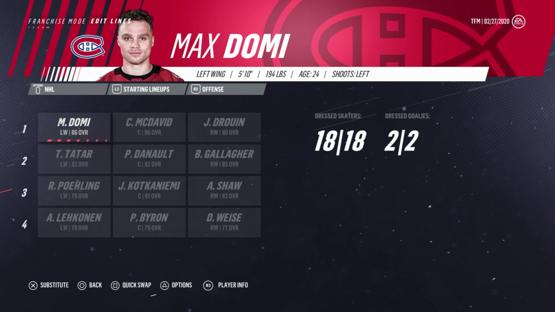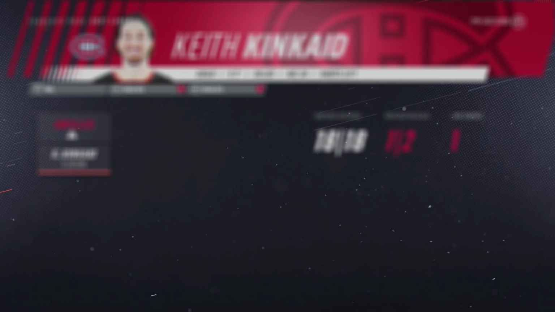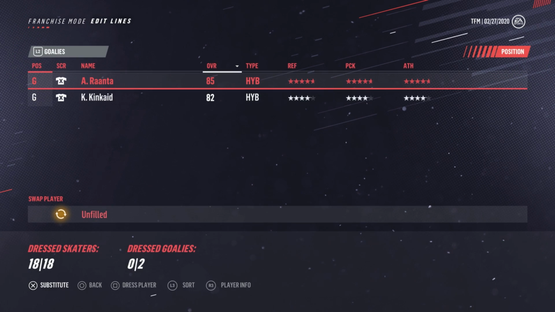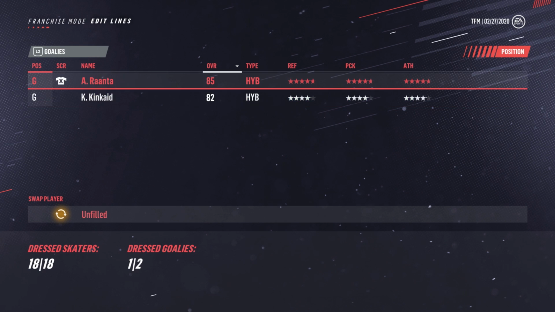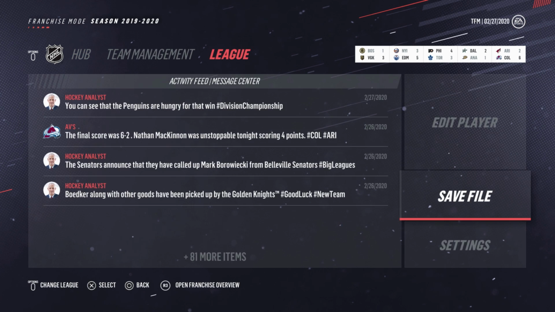Alright, what I was going to do was scratch him and scratch Kincaid. I don't know if this will do what I want it to do, though. What I wanted to do was, I don't want Kincaid to be starting every game, because then he'll probably get tired. I don't know if that's a thing, but I don't really want to try it, but I wanted Kincaid to be our starter, but I don't know if that actually does anything, so... Alright, well, we're gonna sim...